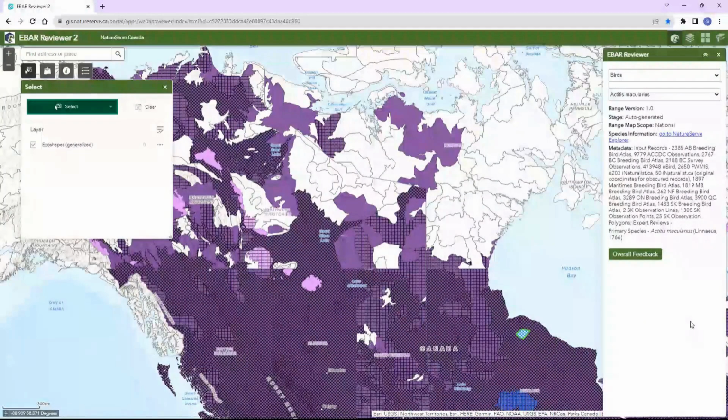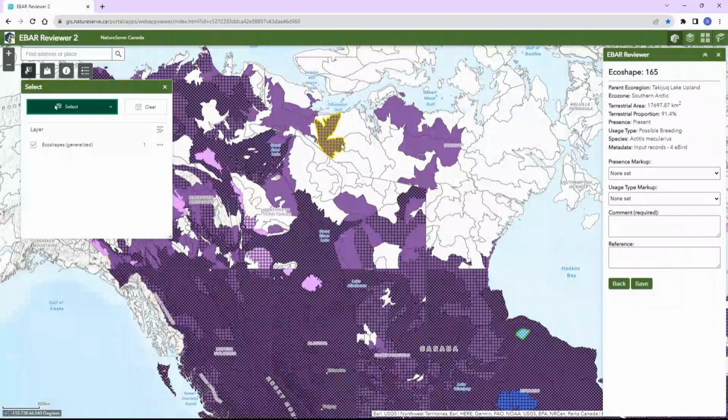In this last example, I will select an ecoshape that is within the auto-generated range. So I'll select this one here. Its current presence value is present, and the usage type is marked as possible breeding. I have current knowledge that this ecoshape is part of the species range, but the species does not breed this far north. I can then set the presence markup as none set, as I do not want to change the presence value,